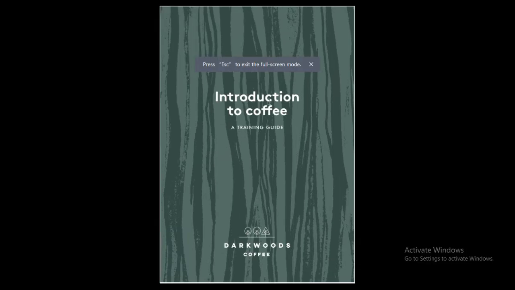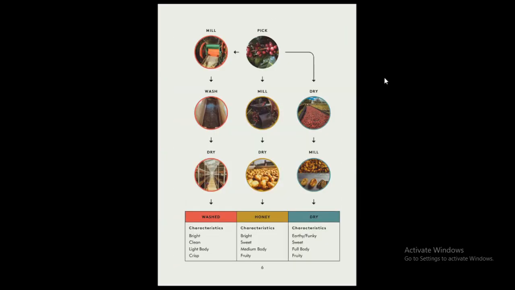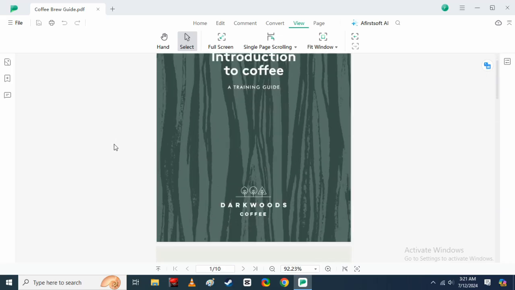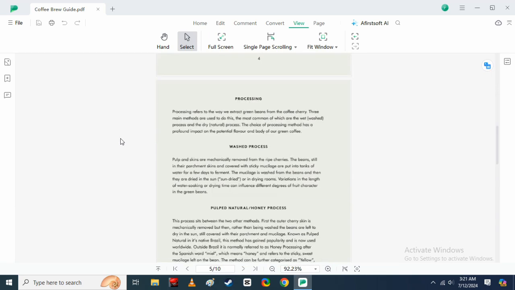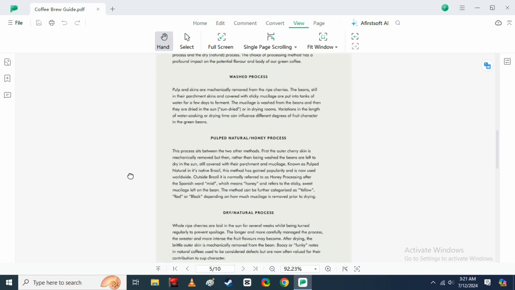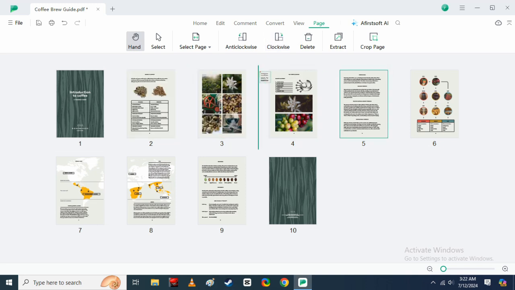You can select the full screen mode, which puts your file in this black background. If you'd like a more isolated reading setup for less distractions, there is also a single page scrolling, which is a more traditional way to browse through the pages using our mouse wheel. Or you can also click on this hand icon to give you more control over the speed when moving through the pages. If we click on the Page tab, we also have the option to either rotate, delete, or rearrange these pages to our preference.